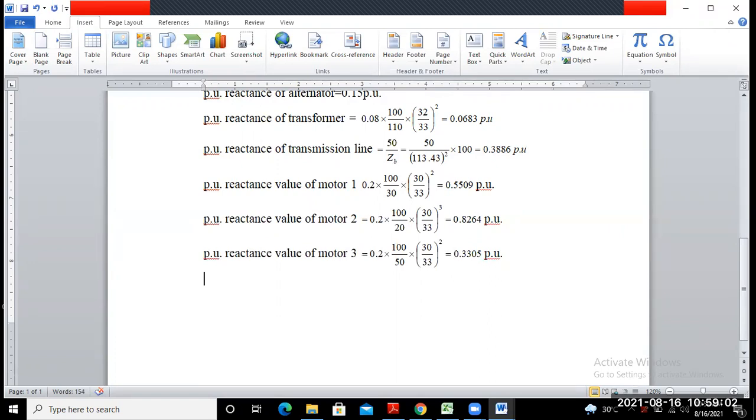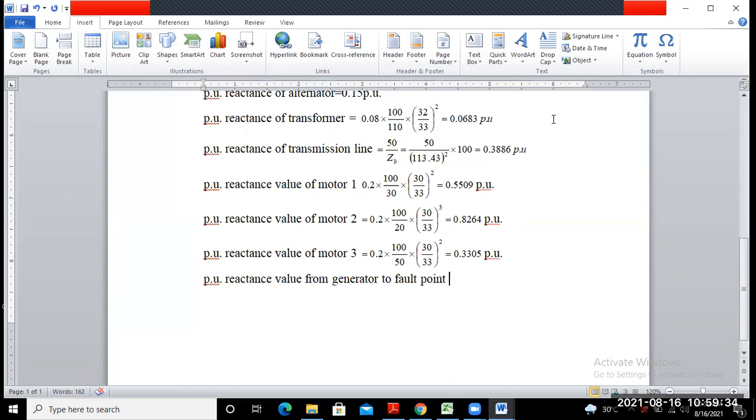The per unit reactance value from generator to fault point